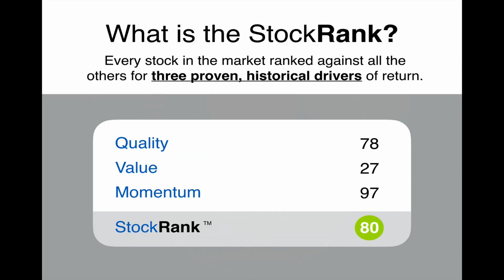Now, the important thing to see and understand on the Stockopedia site is that we've created and crafted this concept of the stock ranks to define quantitatively these three proven historical drivers of return. Behind the scenes, and this is what makes this NAPS process possible to be done in such a short period of time every year, every single day we are importing something like 40,000 shares, 40,000 companies' financial statements,